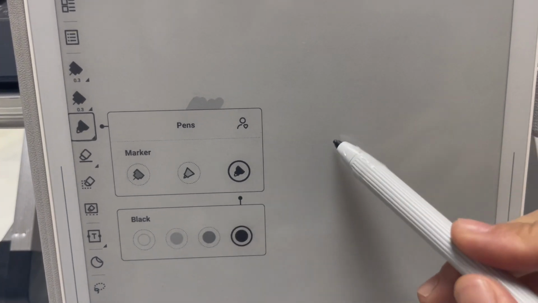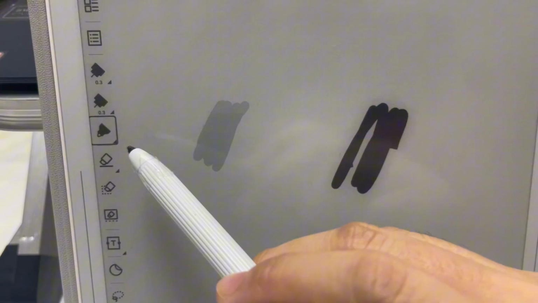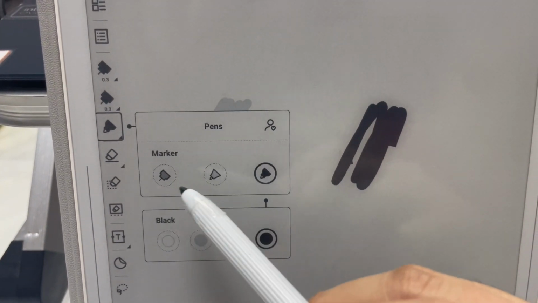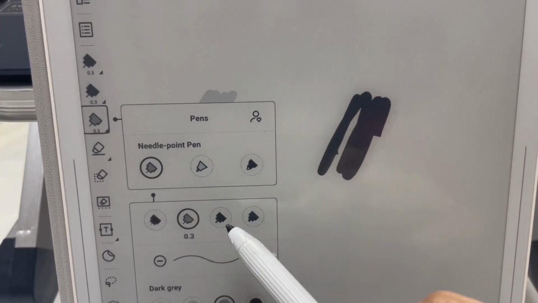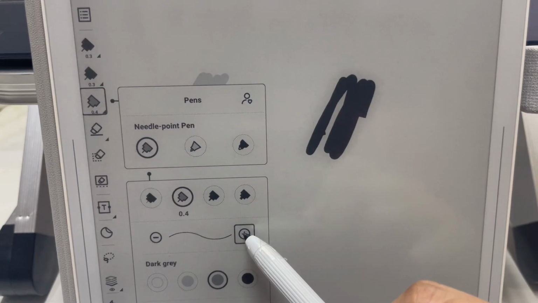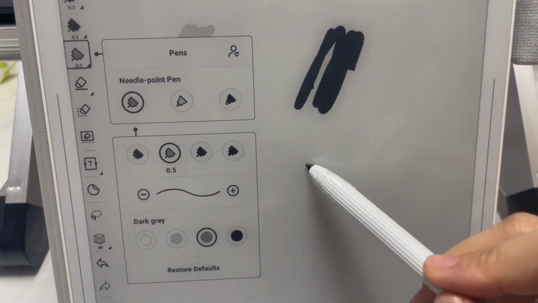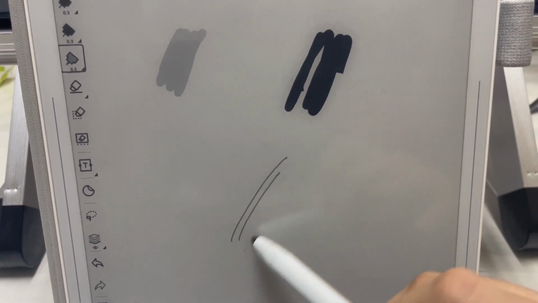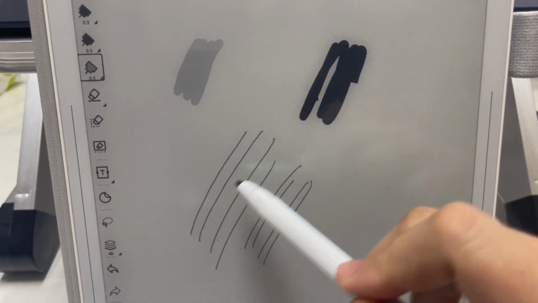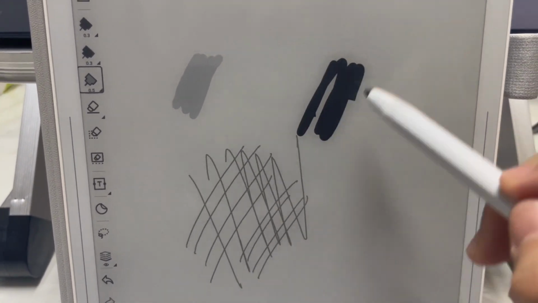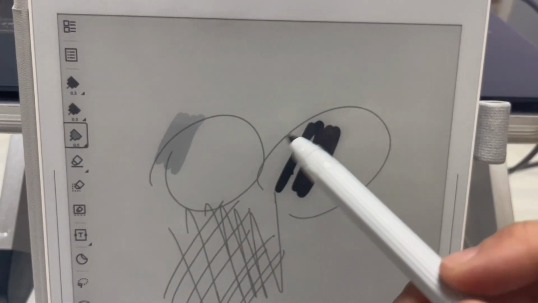You can also select the thickness, and you can also select the pen style. Like you can select this, you can select the thickness, okay, and the color here. You can draw it accordingly. So the drawing is pretty smooth experience, and I really enjoy drawing with Supernote because it looks so fun, and